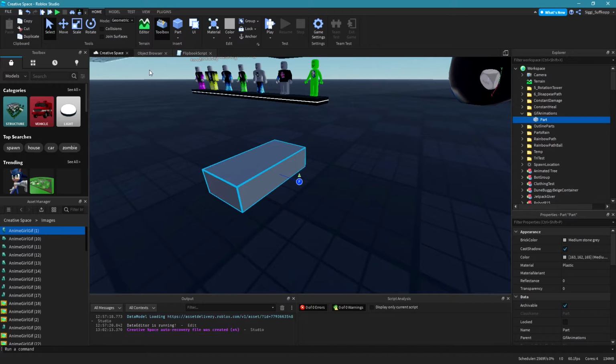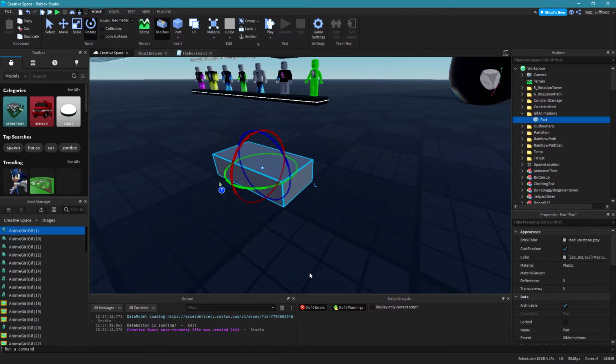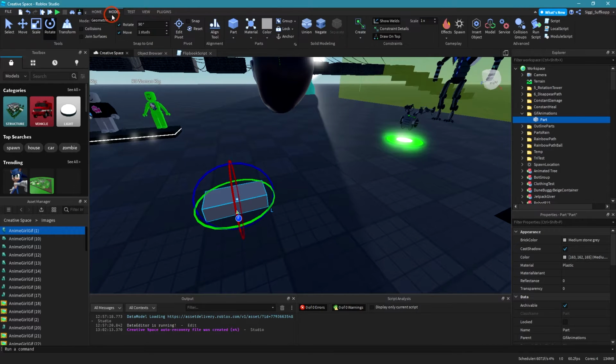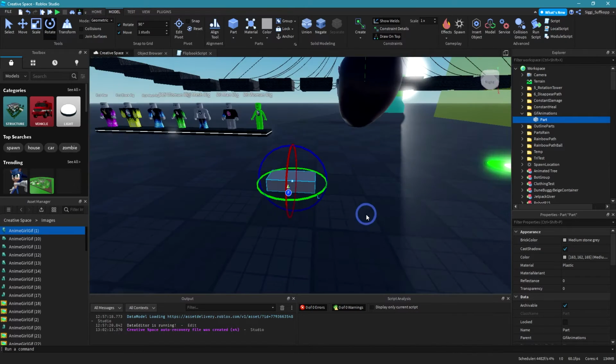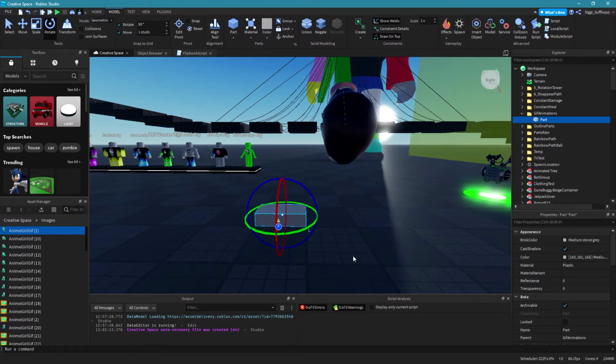So this is this side. I want to rotate it by 90 degrees like that. Simply go to model, click on rotate and insert 90, then you can rotate it by 90 degrees. Okay, now we need to give this part a proper size, and to know the proper size you need to